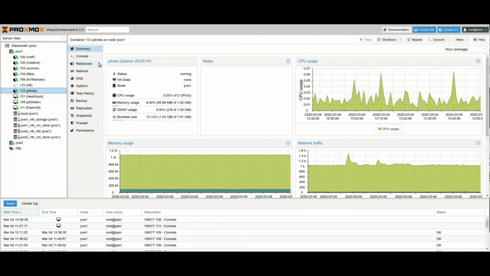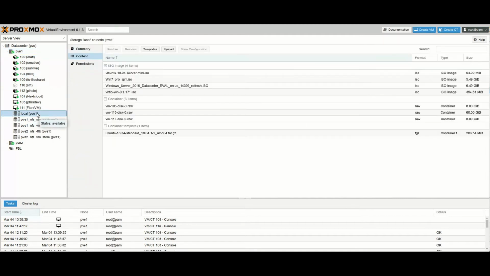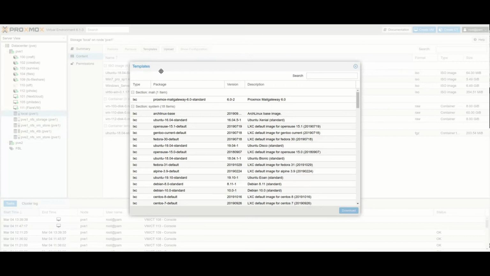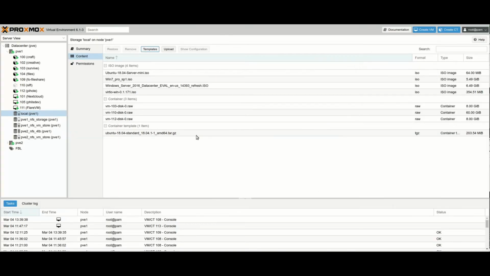One of the things we're going to talk about also is templates in Proxmox. So if you go to your storage, you can have templates, and you can download these templates. So Ubuntu, you can click on this and just click download, and you will download a 200 meg file. It's 203 megs.